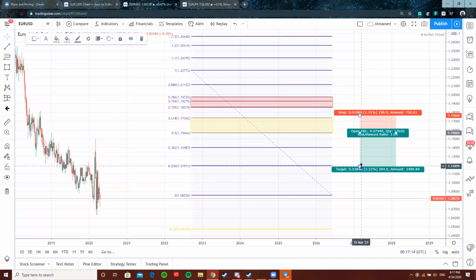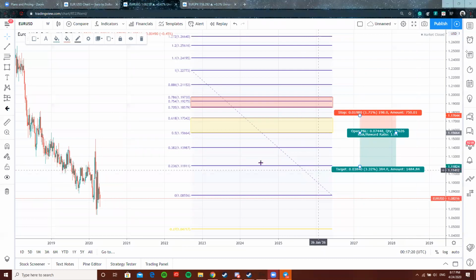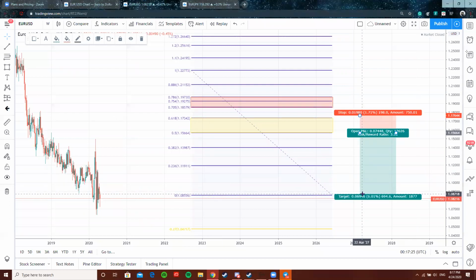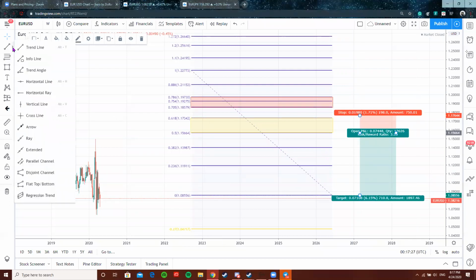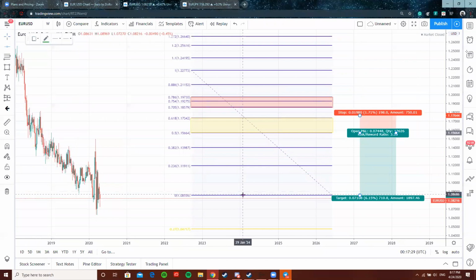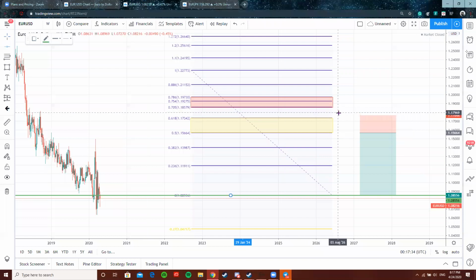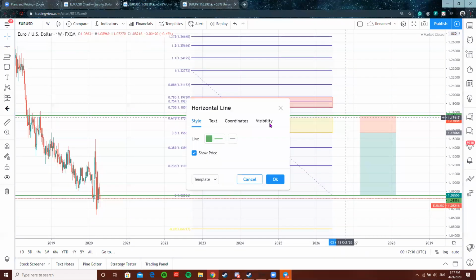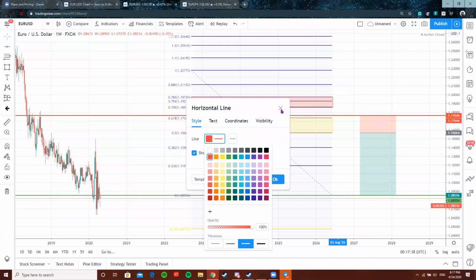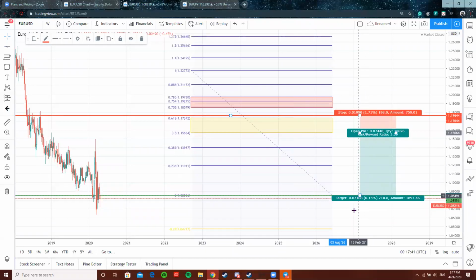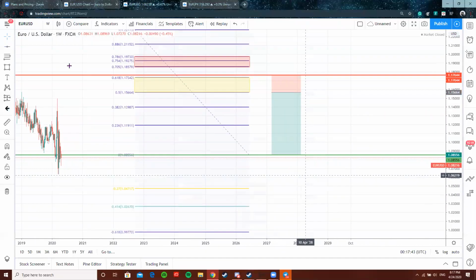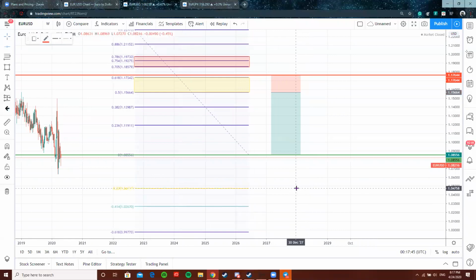And then from there, your first take profit is going to be the 0. The first take profit is going to be right here. That's going to be your first take profit. So we can kind of drop our horizontal line there. Boom. That's going to be our first take profit. And we can drop a little bit of a red line right here, and have it right there. Cool. And then from there, our second take profit is going to be at the 27.